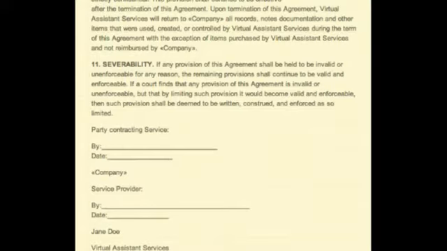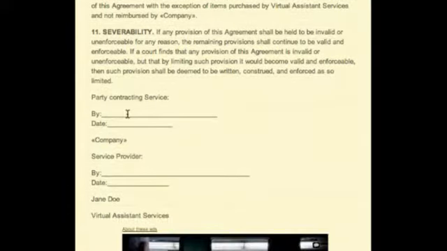Signatures. One of the things you're going to want in here is that the party signs it for their company. So it doesn't sign Elizabeth Potts Weinstein. It's signed Elizabeth Potts Weinstein, President for EPW Small Business Law PC. Because then you're binding the company, not me as an individual. Very, very important. So that's a virtual assistant contract.